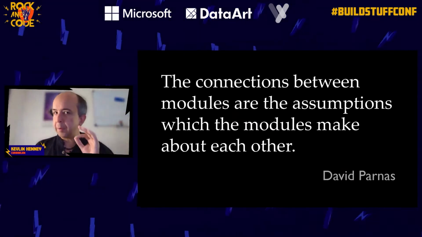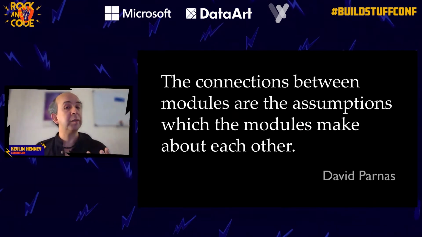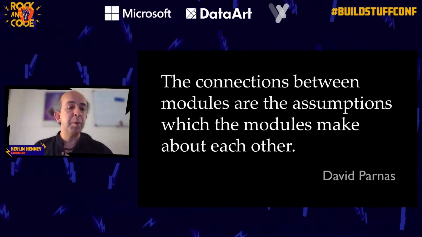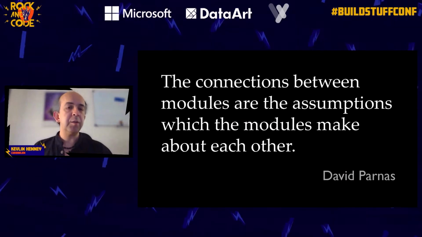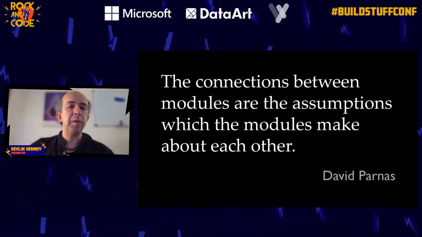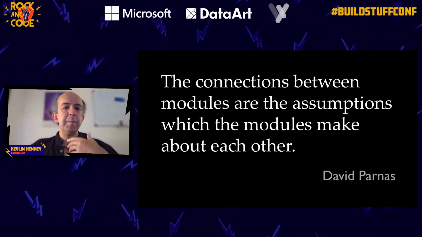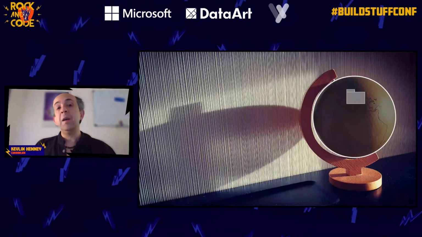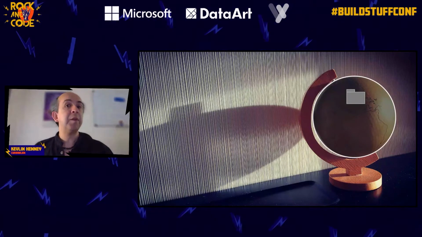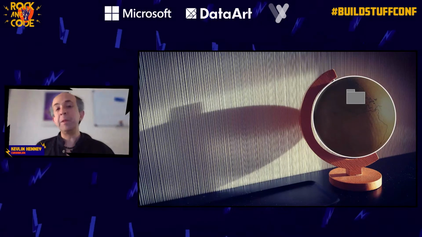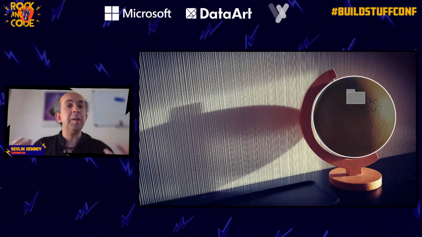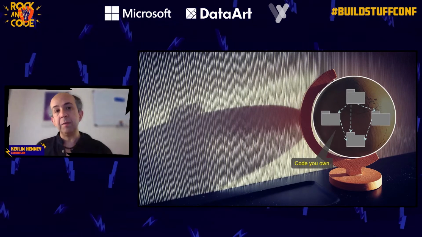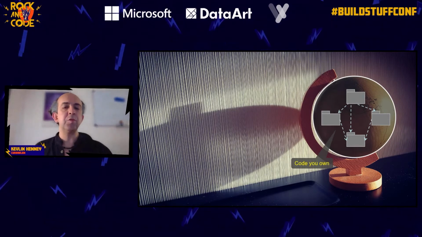And it's like, no, that's not it. Or rather, that's not all of it. The connections between modules are the assumptions which the modules make about each other. It turns out your dependency structure is a lot bigger than you think it is. So if we imagine that we have, here is our software system, here is the package or subsystem or piece of code of interest. Normally when we talk about dependencies, we'll say, oh, here's the other pieces of code that I care about. But ultimately, we own this code. This is inside our boundary of control.